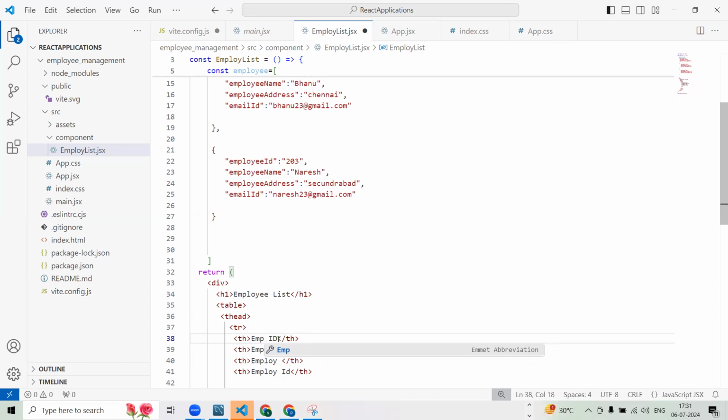Employee ID, yeah. Control C, Control V, and Control C. What is my next data, guys? Employee name, address. Address. After that, I need to create what, guys, here? Employee email ID,